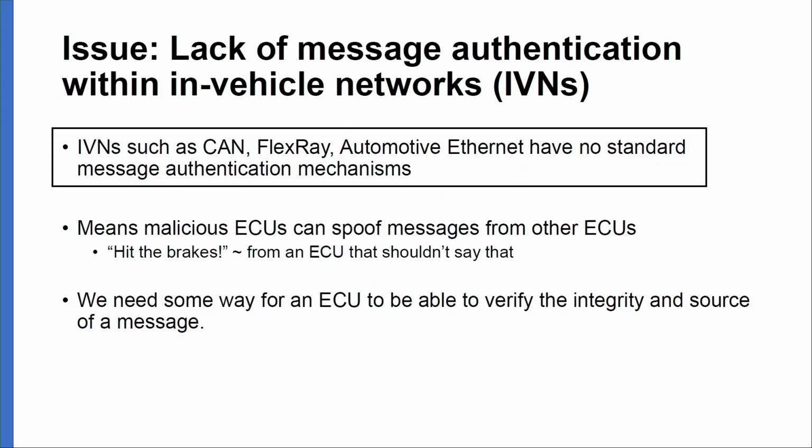So, as background, over the last decade, cars have become much more complex with many more electronic control units, or ECUs, inside. Makes them much smarter, but also much more vulnerable. And so a big issue is that in-vehicle networks, or IVNs, such as CAN, FlexRay, or Automotive Ethernet, have no standard way to authenticate messages. And that's bad because that means that malicious ECUs can spoof messages from other ECUs. So like one ECU could send a message like hit the brakes when it should never send that message. So we need some way for an ECU to be able to verify the integrity and the source of a